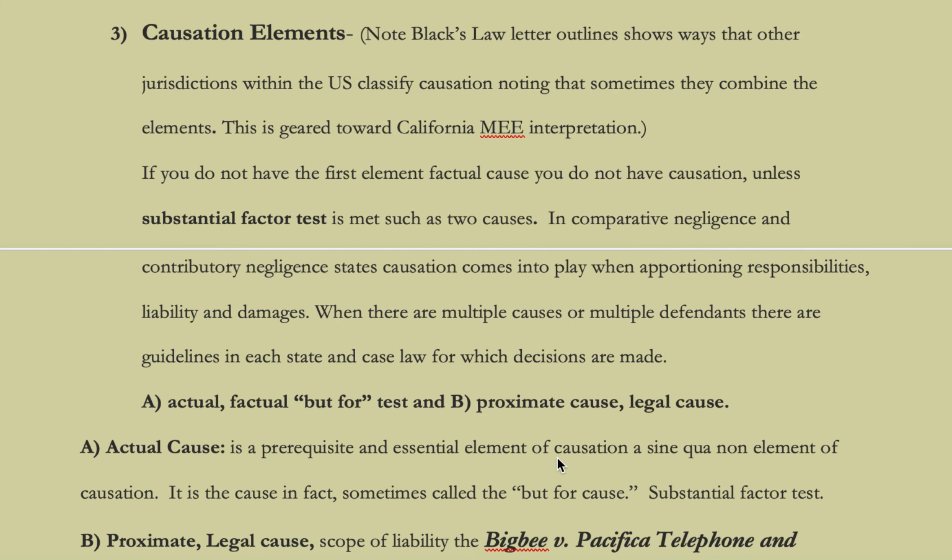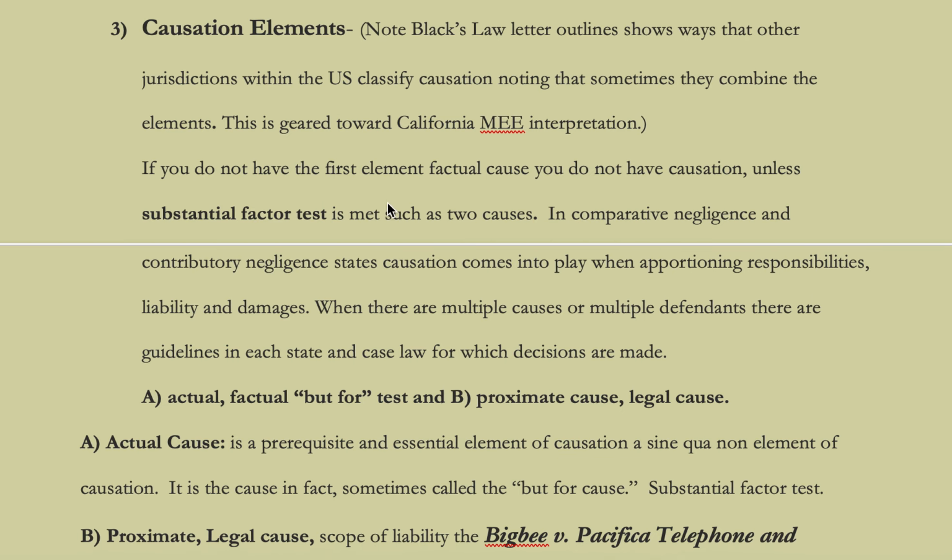I used Black's Law Letter outlines and some other cross-references. Black's Law Letter explained the jurisdictions, which I just discussed a minute ago. But normally, with causation for California purposes in the multistate essay,